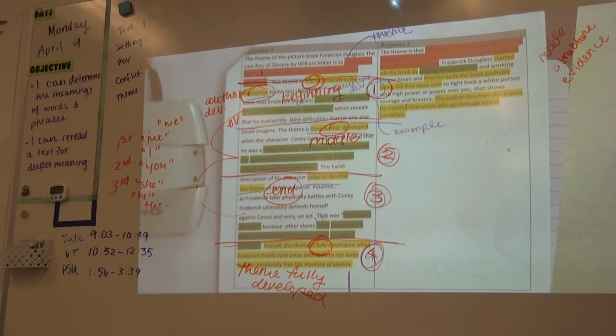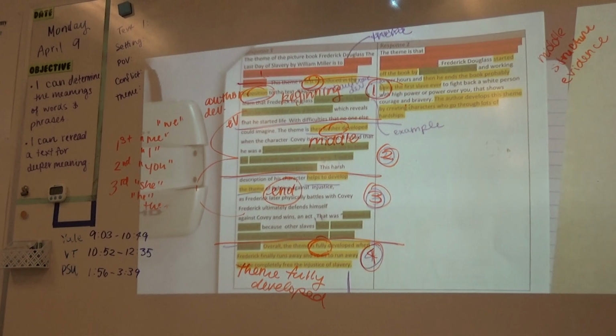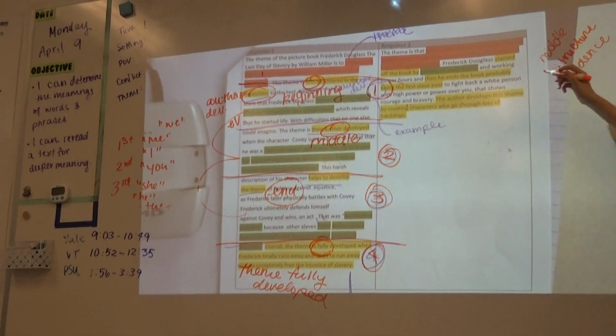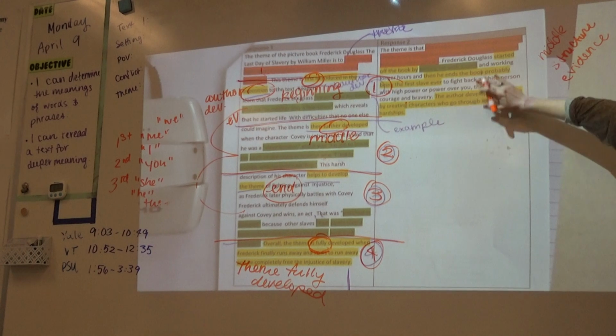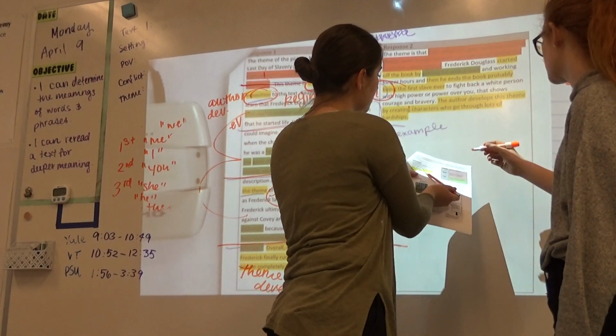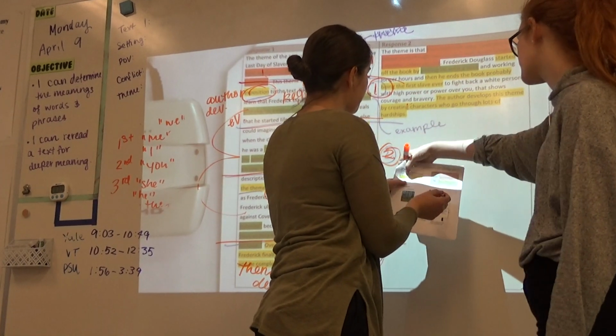Yeah. And then you could say, what you should be doing is beginning, middle, end, with evidence after each. What most of you did was a theme, and then one piece of evidence at the end. So just show theme, and then evidence at the end? Yeah, that's what I'm talking about. So we'll switch this one out. Okay. So this is theme,